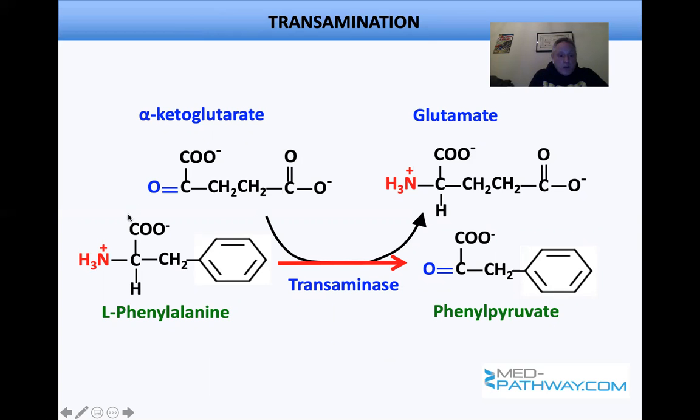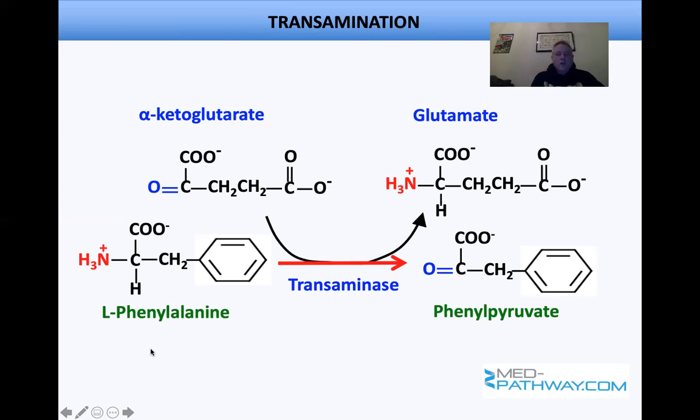So the way you get rid of it is you put it on to a substrate like alpha-ketoglutarate to generate glutamate, which means that glutamate is a carrier of amino acids. And we discussed this when we were talking earlier on about amino acid chemistry. Now, the phenylalanine then is converted into its cognate alpha keto acid, which is phenylpyruvate, and this is coordinated by